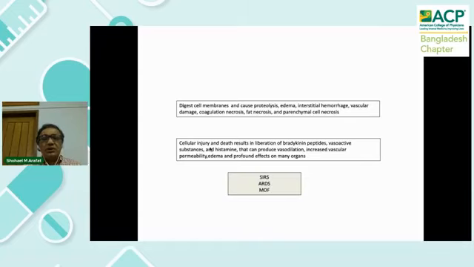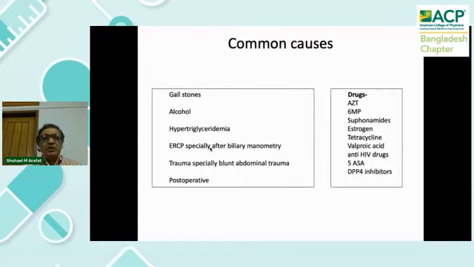So I have already covered this area in the previous slides, so I'm not going there. What are the common causes? Globally: gallstones, alcohol, hypertriglyceridemia, ERCP, and trauma and postoperative. These are the major causes which really cause acute pancreatitis. If we consider our country, gallstone is the major cause, triglycerides second maybe, but alcohol is less common in